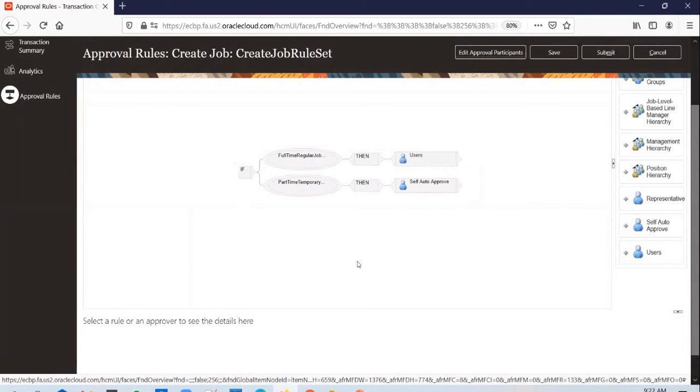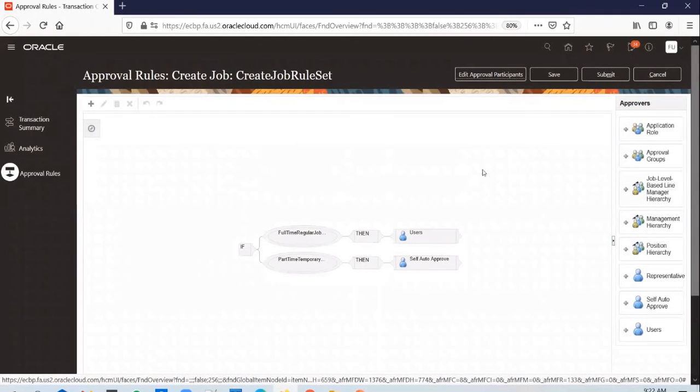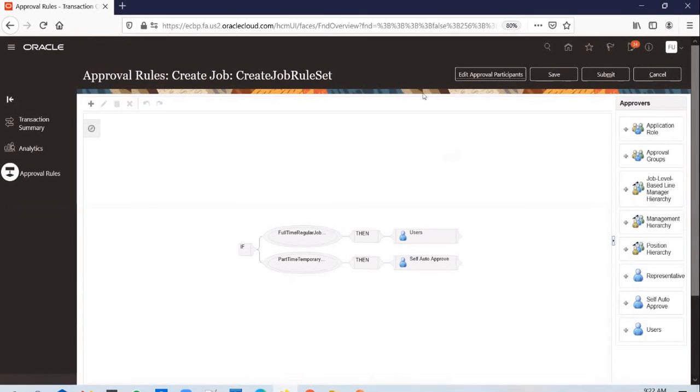Hey Prasad, if I do the file upload, also the workflow will be activated, right? Yes, correct. So that's why what we normally do is when we do the data load, since those transactions are already existing in the application, maybe R2L or other current application, we turn off the approvals, load in the data, and then we enable approvals. But what you said is right. If approval rules are enabled, even if you load in something through HDL or HSDL, they will go through the approval process.